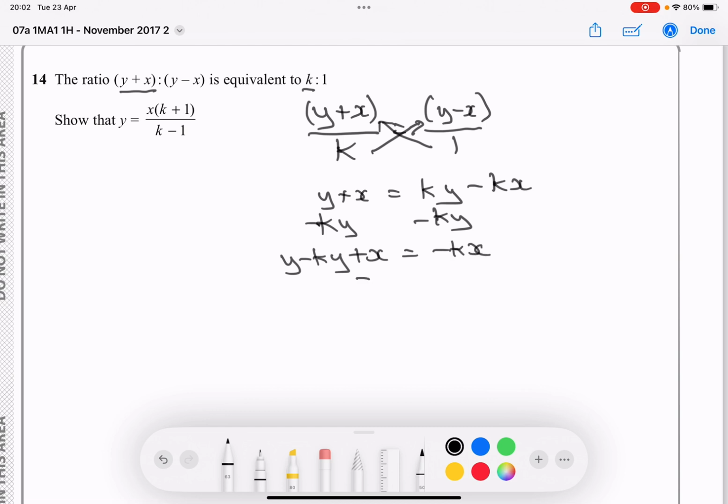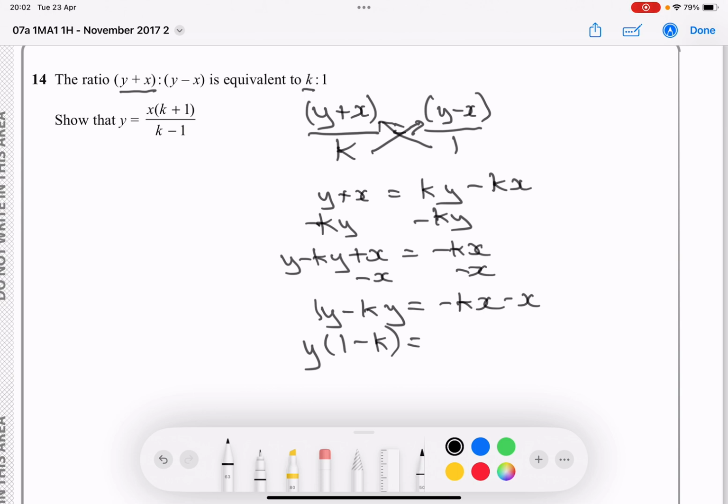And then I'm going to take this x away, so I've got y minus ky equals minus kx minus x. Okay, now what I do is factorize, so I've got y, and if I remember this is a 1 here, I've got 1 minus k equals,